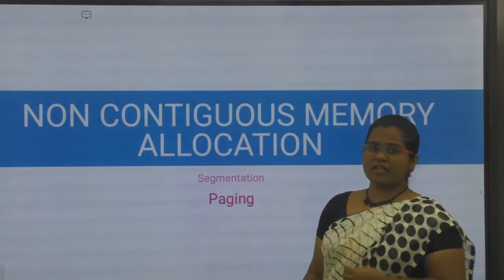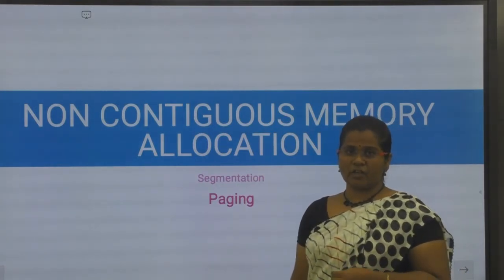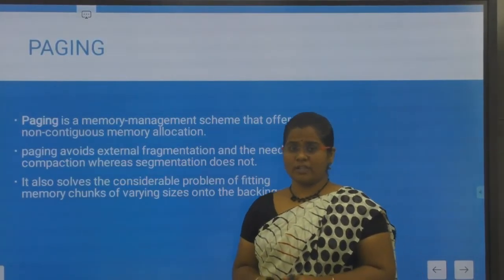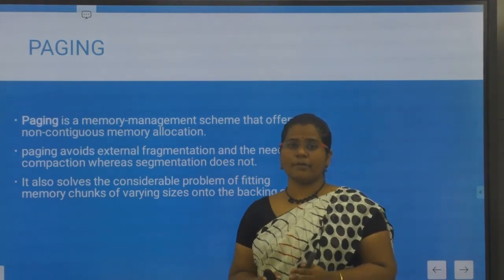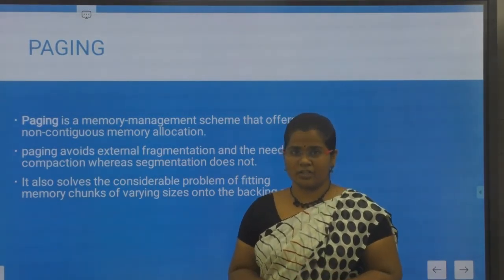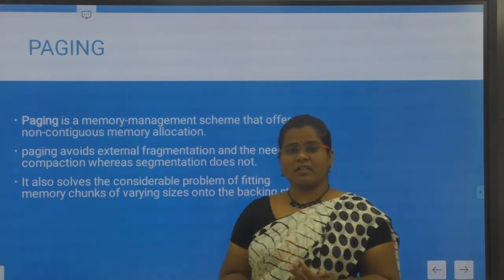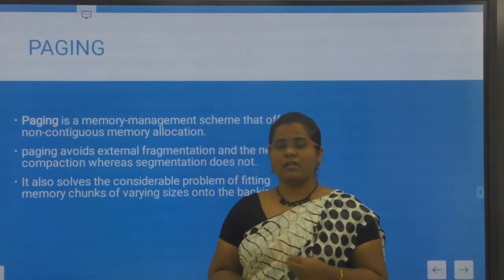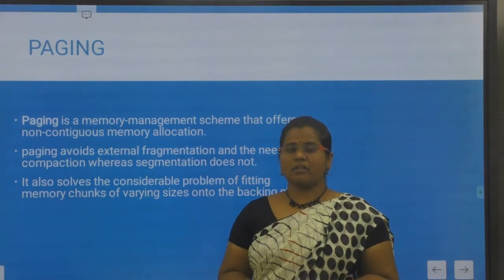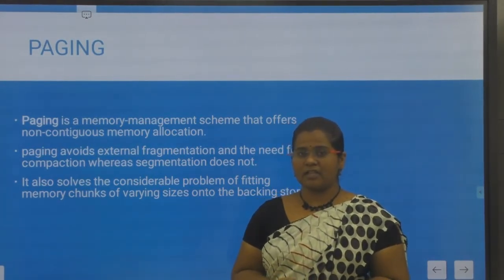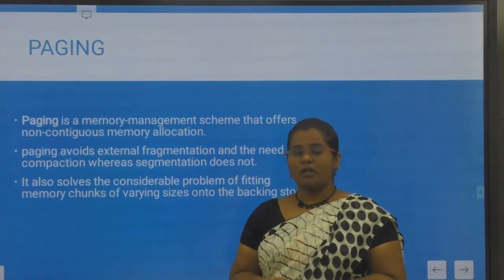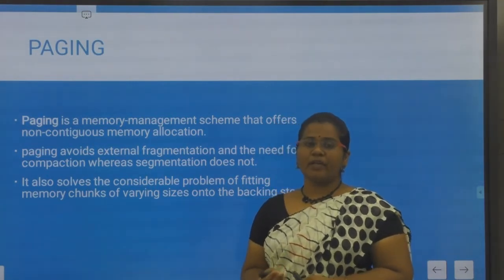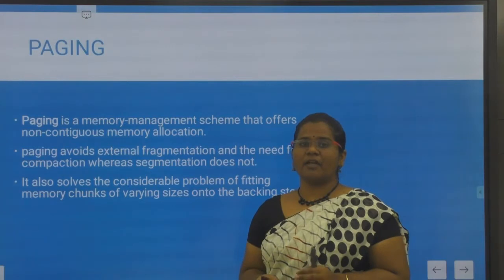Now the second concept in the non-contiguous memory allocation methodology is paging. Paging is a memory management technique which is used to store your process in the main memory in a non-contiguous fashion. In the previous sessions we have seen the drawbacks of fixed and variable sized partitions, that is external and internal fragmentation. Using this non-contiguous allocation method, that is paging, you can remove external fragmentation completely,